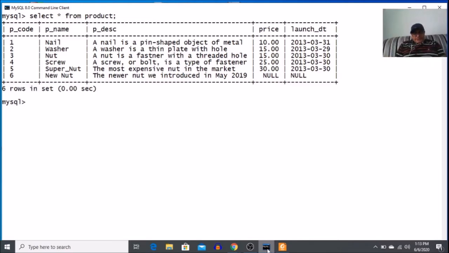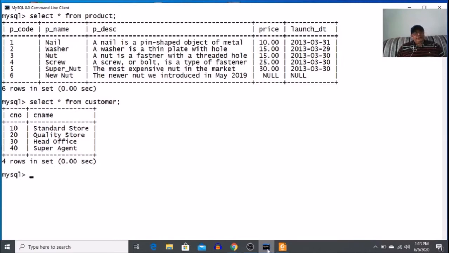The other table is customer. It consists of two fields, C number and C name. There are no common fields between product and customer.